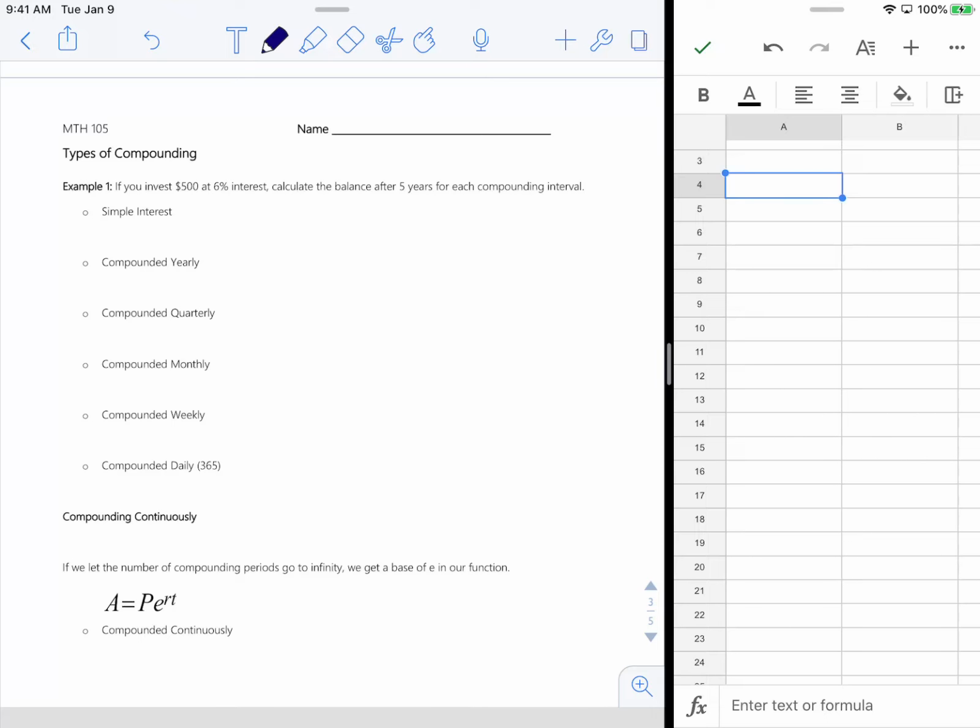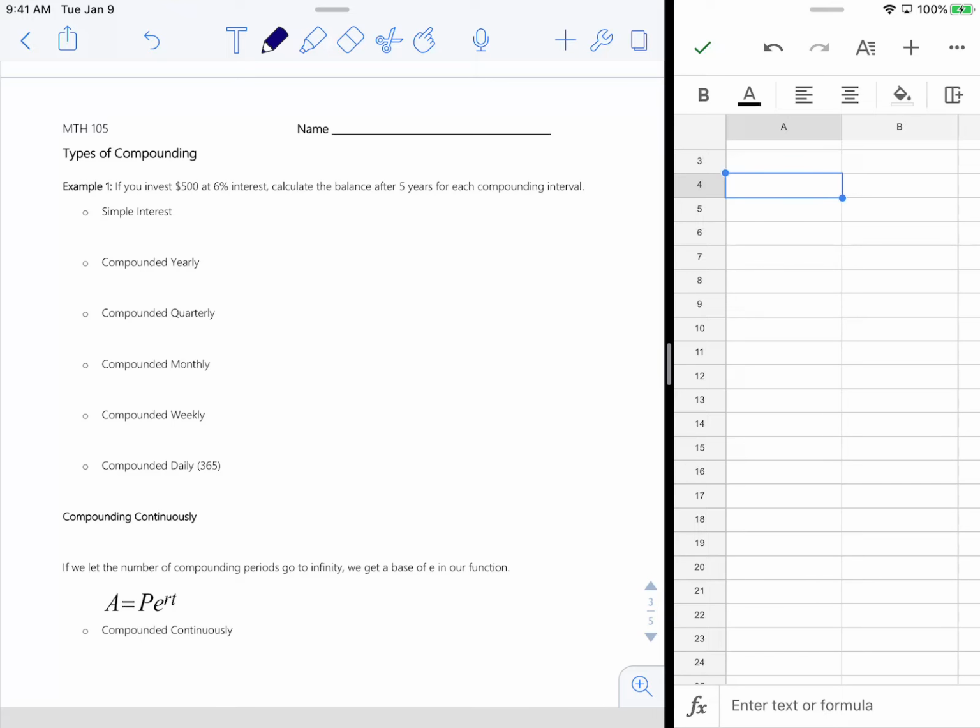Or when you're in your PCC email, you'll see a 3 by 3 grid at the top right of the screen, and you can select that and you'll see Google Sheets come down. Or you're more than welcome to use Excel. I'm just going to use Google Sheets since I know everyone has access to that software. Okay, so